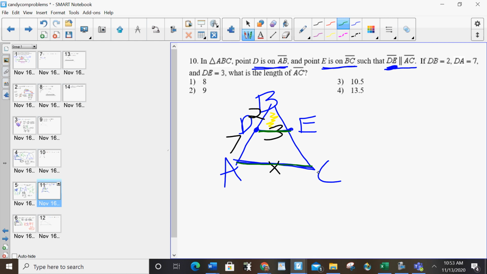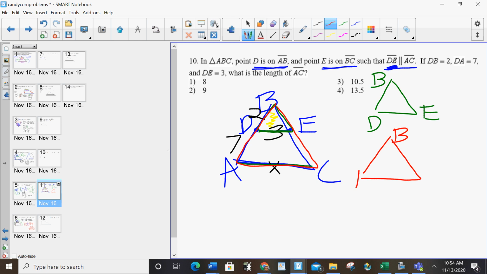Okay, so at this point, everybody should have completed this problem. I'm going to go over it now. Since the bases were involved, we're going to separate our triangles. So I've got D, B, E is the small one. I've got B, A, C is the big one. The small one's usually easier. 2 for BD, 3 for DE. The big one, well, BA is 9. Again, expect to have to add or subtract things. AC is x. Now that I have my triangles separated,